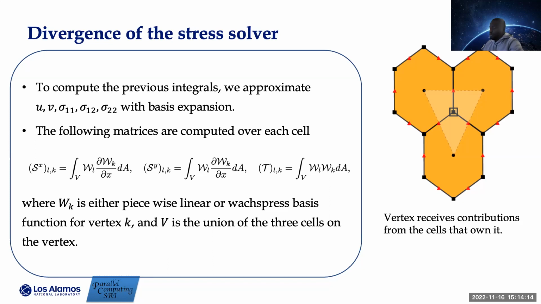Remember, I told you that in the C-grid approach, we normally solve the velocity at the cell center. But in MPAS, we adopt a two-mesh approach. The first one is the regular hexagonal mesh, and the second one is the triangular mesh, where you can see the transparent triangle in that union of the cells. We place the velocity component at the vertex, and that vertex represents the center of the new triangular mesh. It is on that mesh that we now solve these problems.